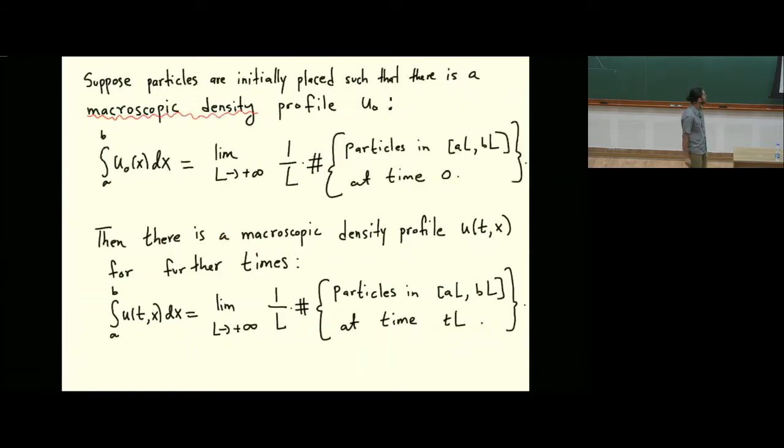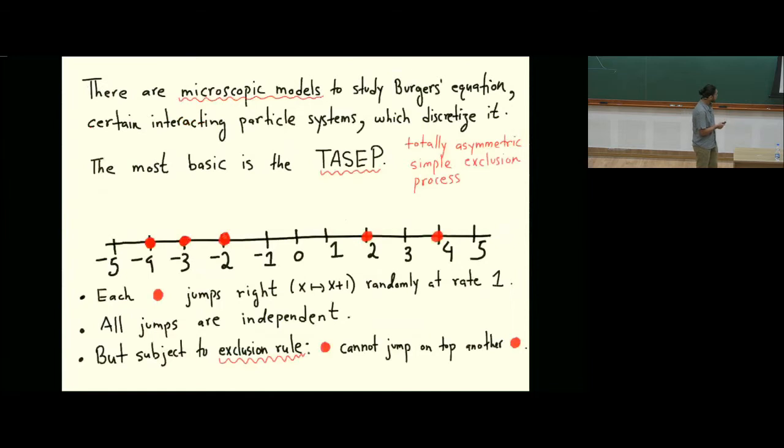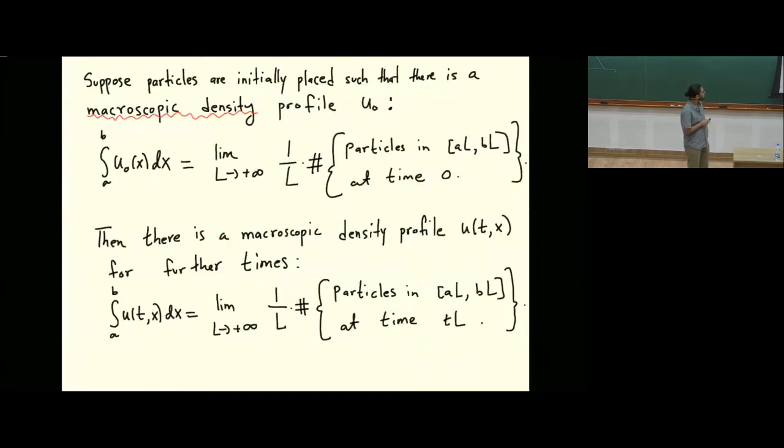Okay, so I say that this TASEP is a stochastic description of Burgers equation, and the way it works is the following. So you go into the TASEP, and at time 0, you are allowed to put particles any way you want. Okay, but now you need to make sure that the following happens. You need to make sure that there is some macroscopic density in the way you have placed the particles. That means that if you take a very large interval, say from AL to BL, where L is a parameter,